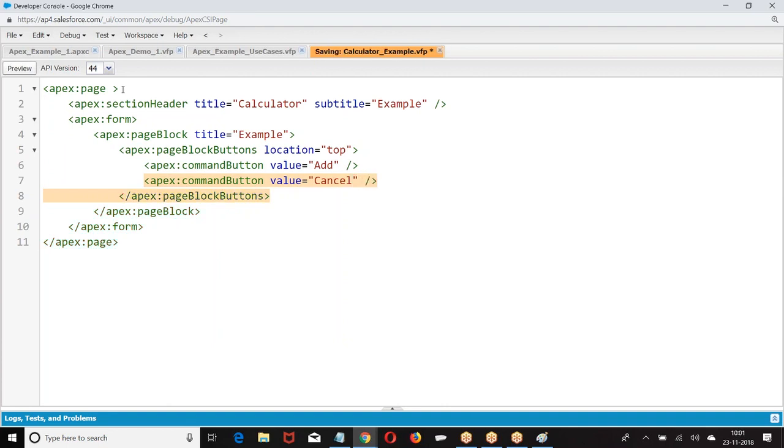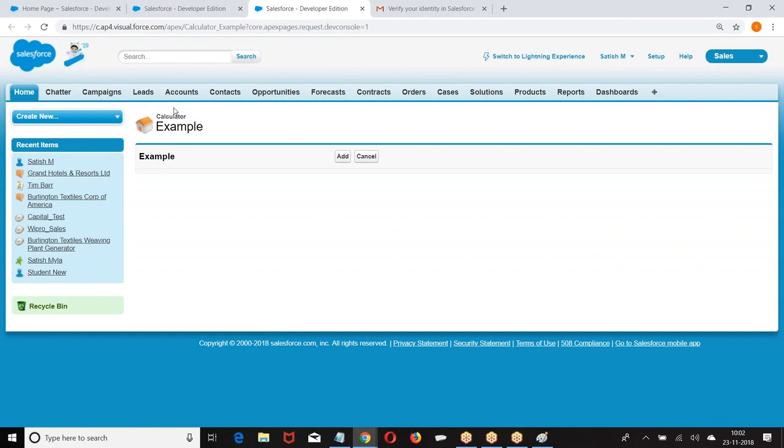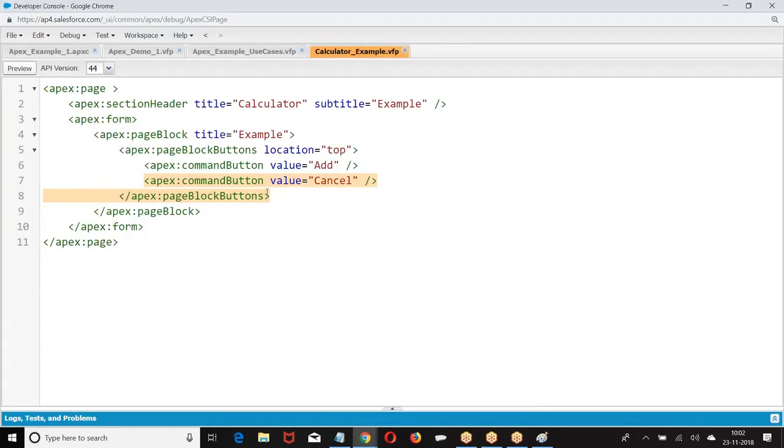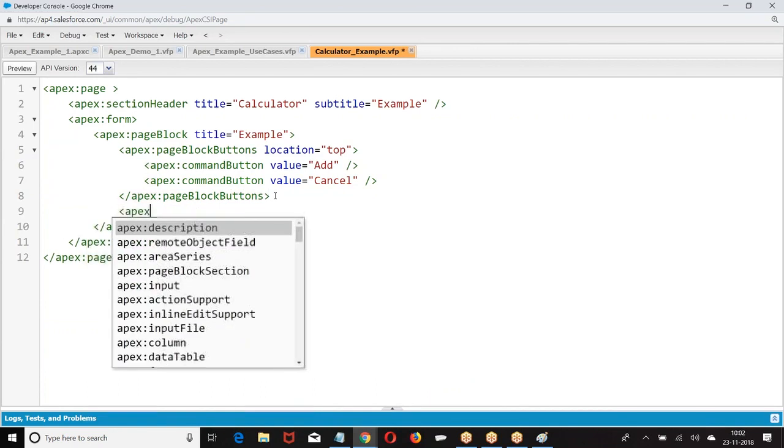So let us have a view up to now. We just created a section header, form, page block with a page block button. Anyone has any query up to this? I hope everyone is good with this example. We just created a section header, page block title. Then we have page block buttons. Then I'm creating Apex